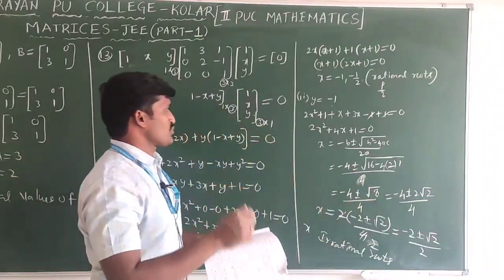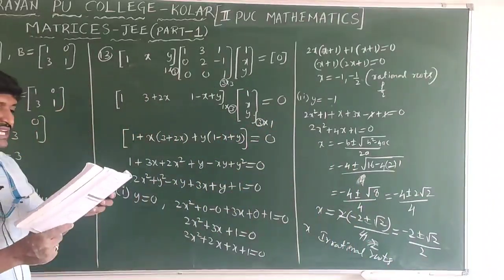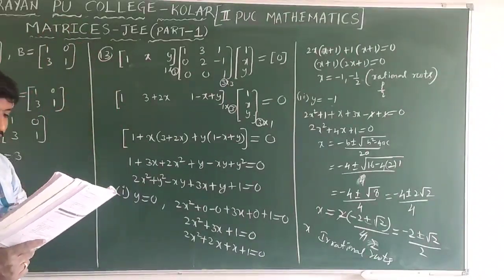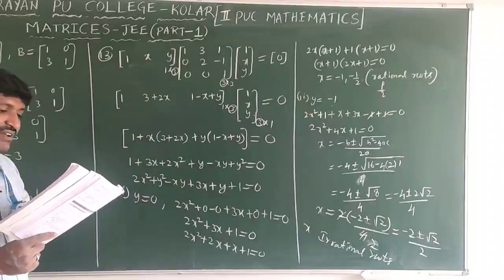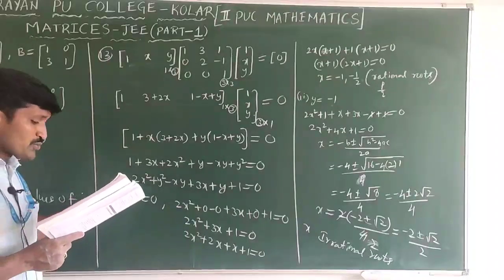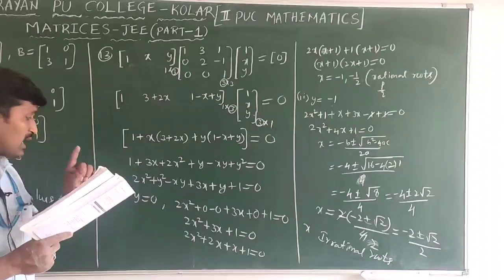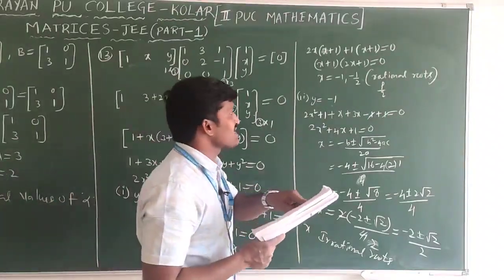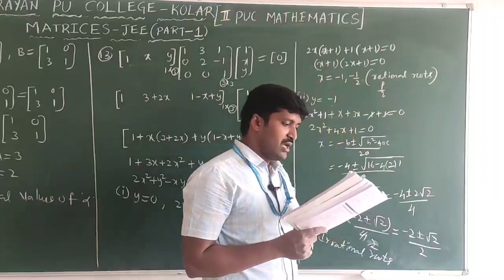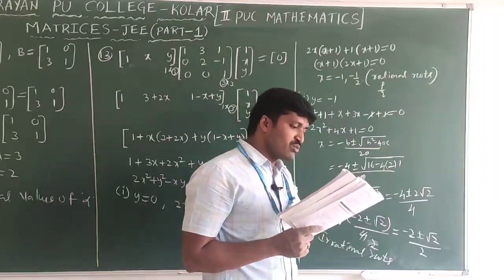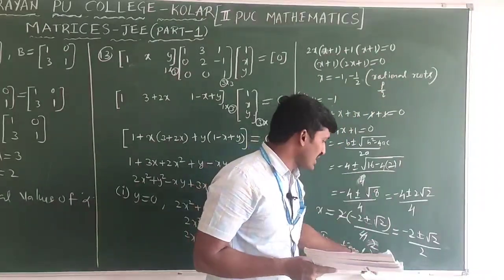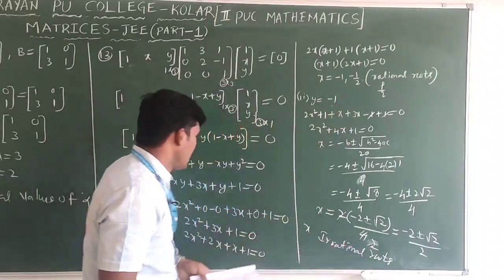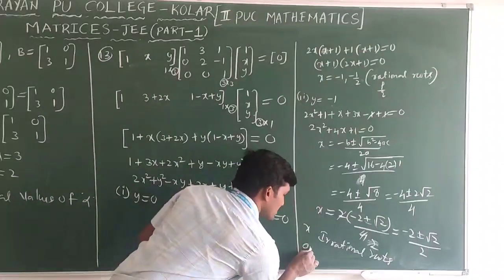That's why, now check the options. They are clearly given: first they gave 1 and 2. Option A is given PR, option B is given QP, and option C is given at one condition P. P means what here? Rational roots satisfied, correct? For the second question, what did they give? Q. Q means what? Irrational, at which value? At y is equal to minus 1. That's why, which option is correct? Option C is correct.